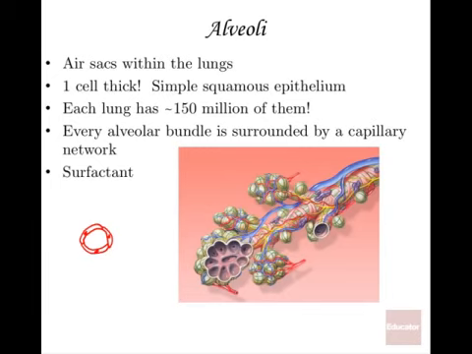Surfactant is a chemical that's a combination of phospholipids and protein that has to do with reducing the surface tension. So if it wasn't for surfactant, your alveolar sacs would tend to collapse. We don't want that to happen. Surface tension is a good thing because it has to do with getting stuff out of the air into water. And we want to get stuff out of the air, specifically oxygen, into the fluids of the body, through the alveolar wall and into our capillaries.